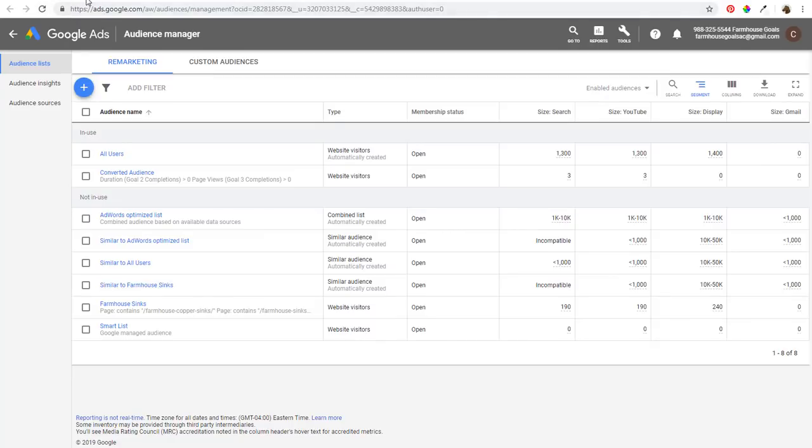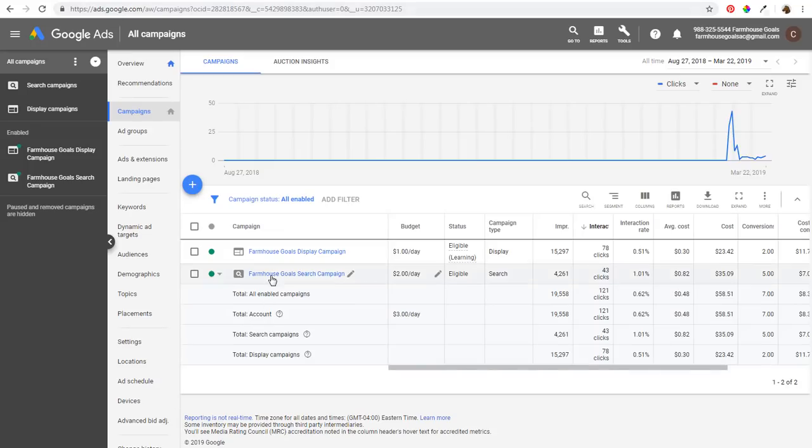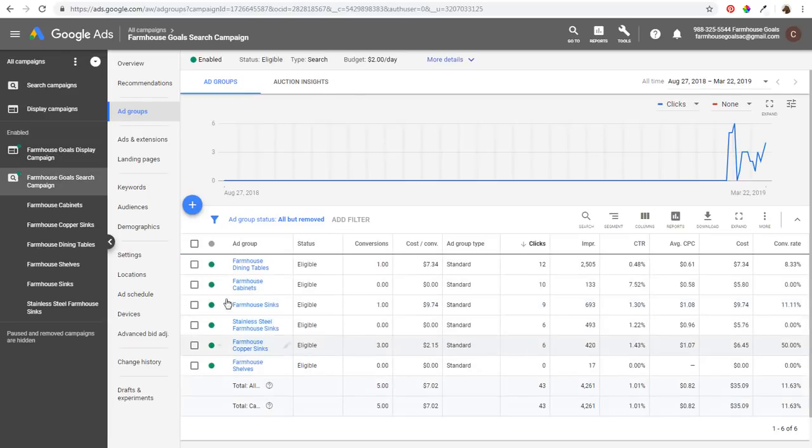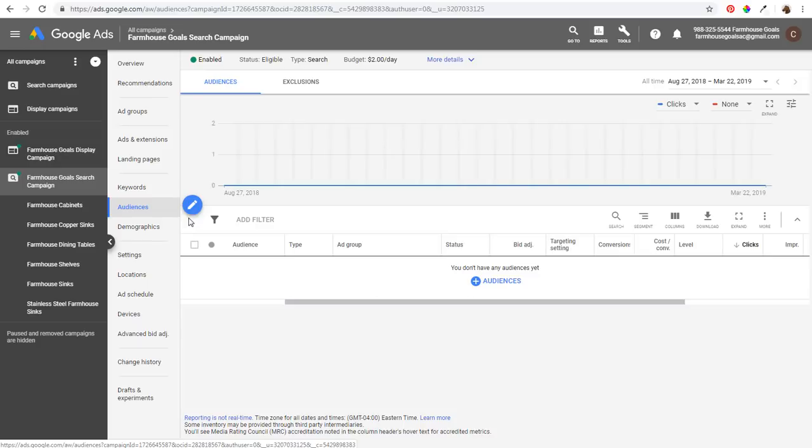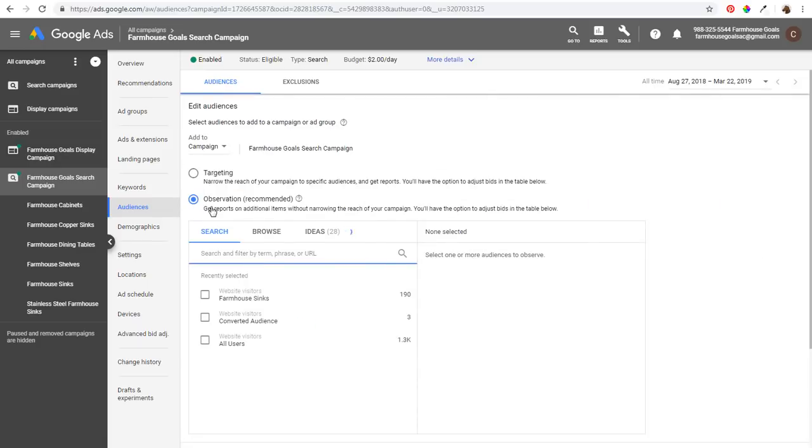But what I want to do is come over to Farmhouse Goals real quick and just show you something with search campaigns. So if we go to search campaign, we have a bunch of different ad groups here. We have 6 total ad groups. So you have a couple different options when you're targeting audiences in search campaigns. You can either add your audiences to the campaign level. So if I click on audience here, what you want to do is set it as observation for search campaigns,